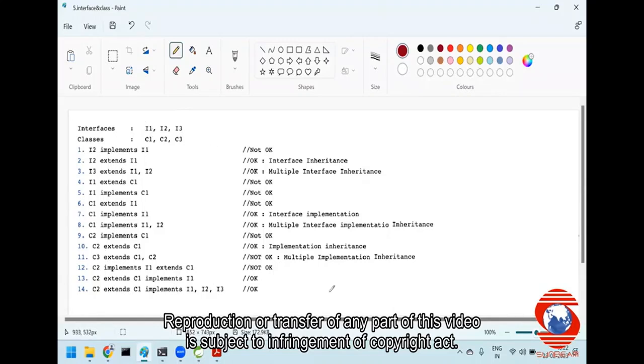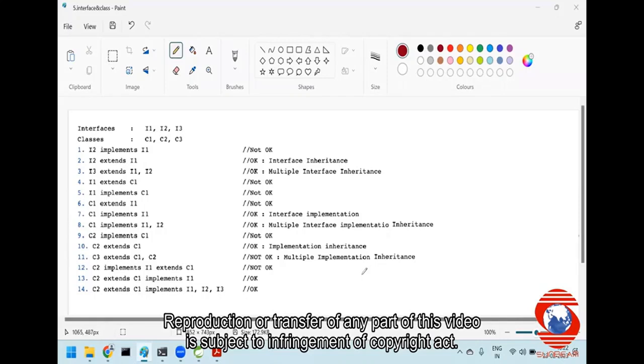Wherever I'm using the letter C, it means it is a class. Now, please understand, there are different variations which I have mentioned in this table. I am just trying to explain to you when to extend, when to implement,